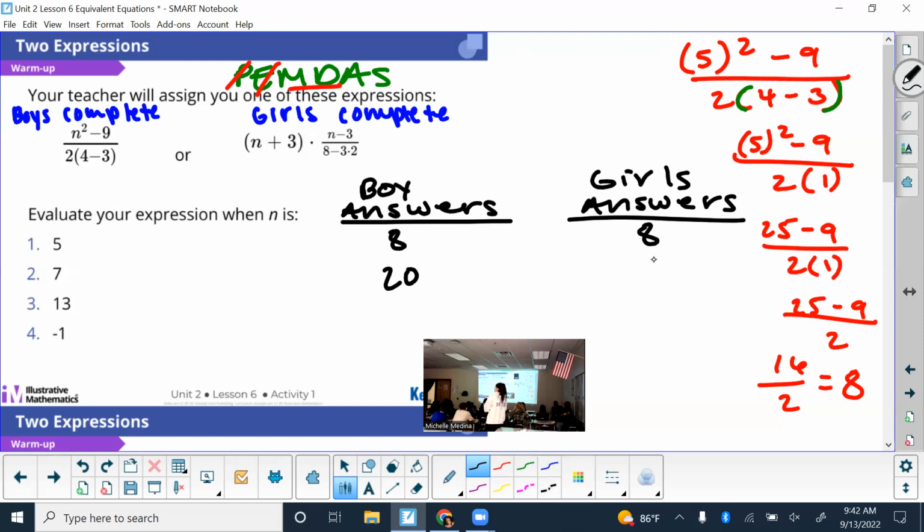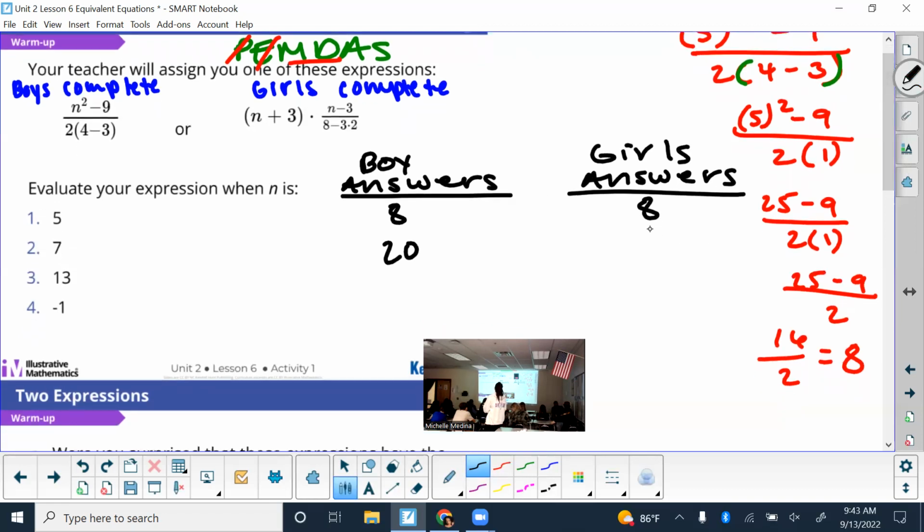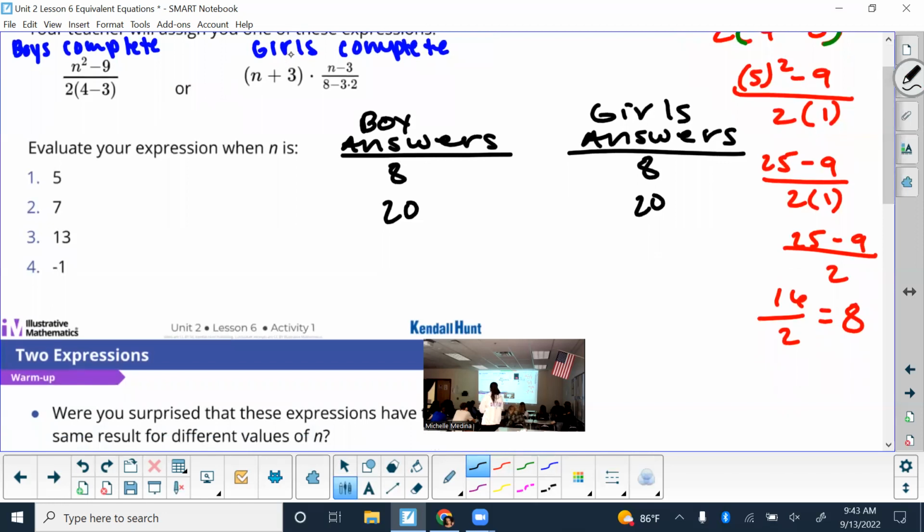Good share. You're welcome to use a calculator, Jalen. It is also 20, so you're both correct. This time I'll show you what it looks like when we plug in 7 into the girls' equation. Anytime you plug stuff in, just use parentheses, that's good practice. So I have 7 being plugged in to the n plus 3